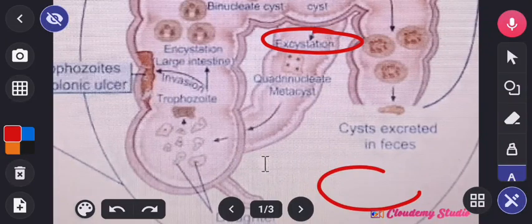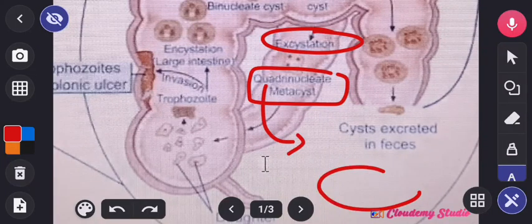Are you getting me now? Look at it here: the quadrinucleate amoeba, which is a metacyst. So we have the quadrinucleate metacyst. Now, the nuclei in the quadrinucleate metacyst undergo division. Remember that quadrinucleate means 4 nuclei, right? These 4 nuclei undergo binary fission, which is a division, to form